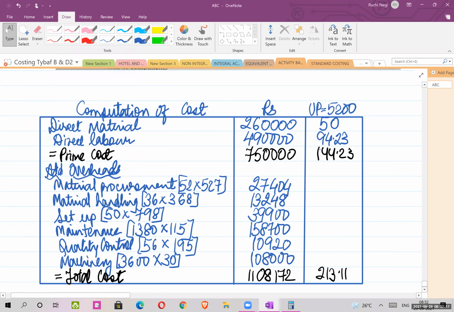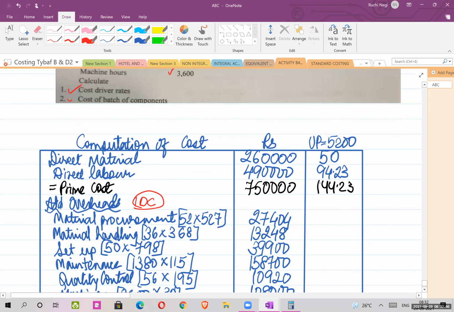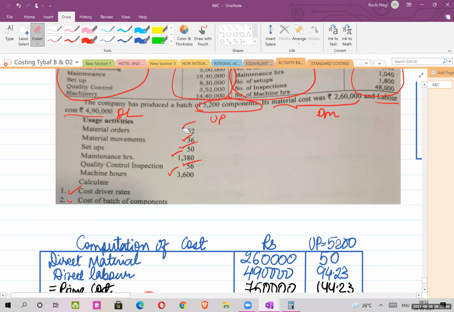And then next, you have to calculate what? The indirect part. So this is my indirect cost. So indirect cost here is based on ABC. That means I will look into the activity that has happened. So these are the 6 activities: 1, 2, 3, 4, 5, 6. Correct? Now, how do you calculate the amount for these activities? Quantity multiplied with the rates.